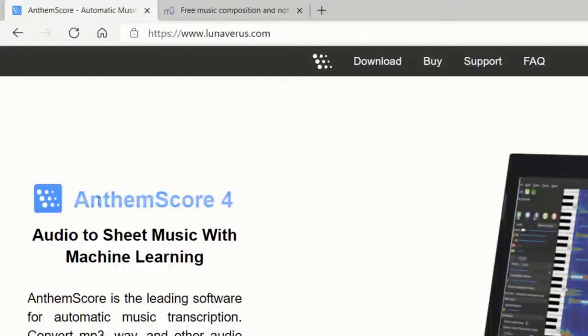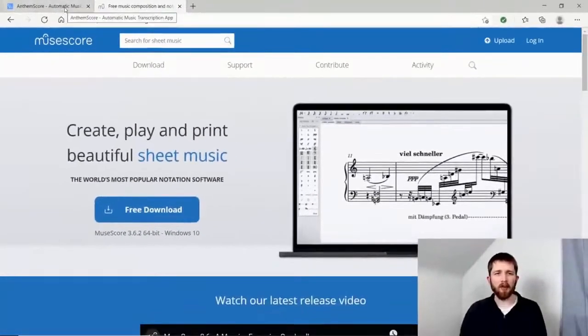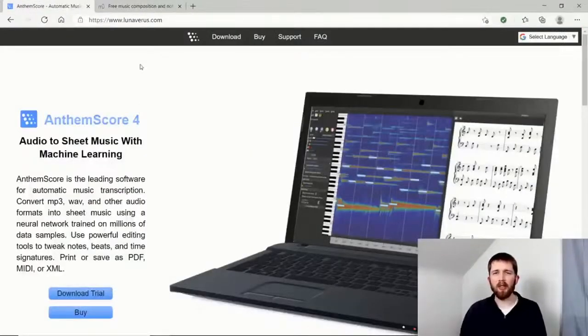And this website is where you will be able to download AnthemScore onto your computer. And then the other website that you're going to want to head to is musescore.org. And this is where you will be downloading MuseScore. So again, you're going to want to go to each of these and download the correct version and install it